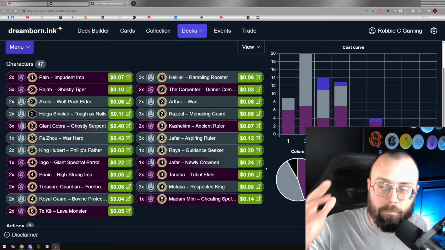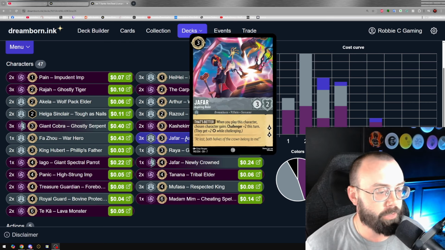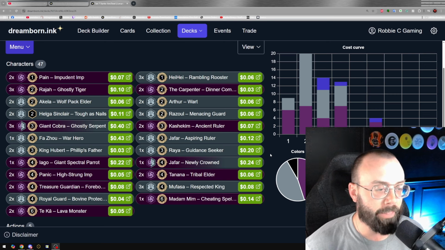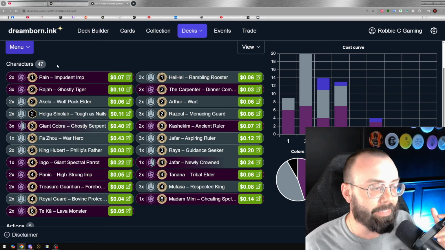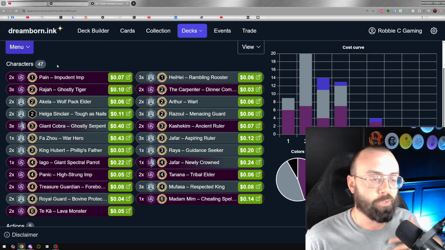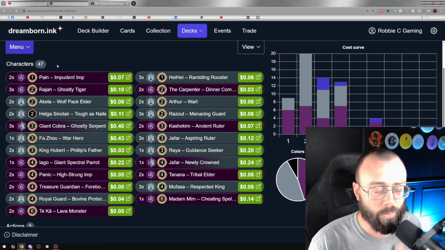We've gone ahead and imported this whole list into Dreamborn.ink, and we have the whole starter deck sitting in front of us. One of the first things you're going to notice when you look at the starter deck is, first off, it's heavy characters. We're going with the Amethyst Steel list because I think it is the closest to being upgraded for the lowest budget option, because traditionally a lot of the Amethyst cards can be pretty affordable and have crazy impacts,